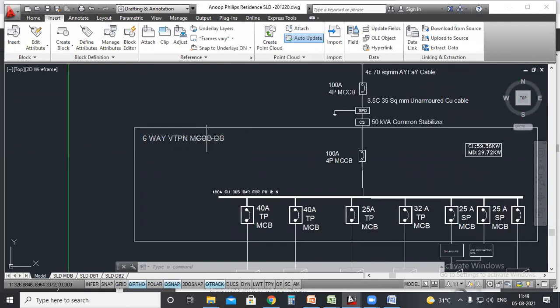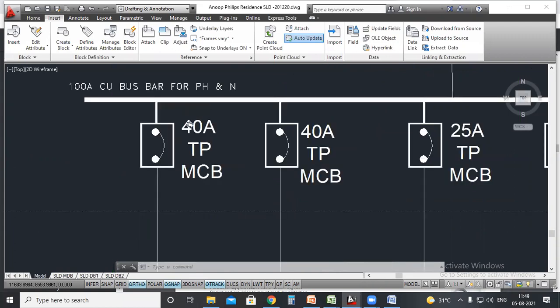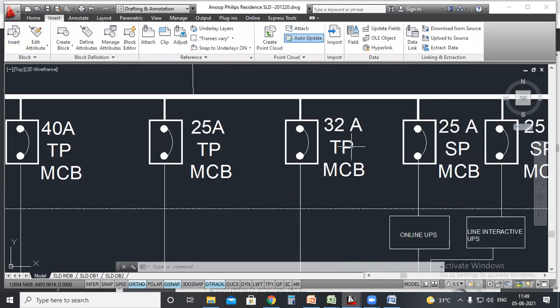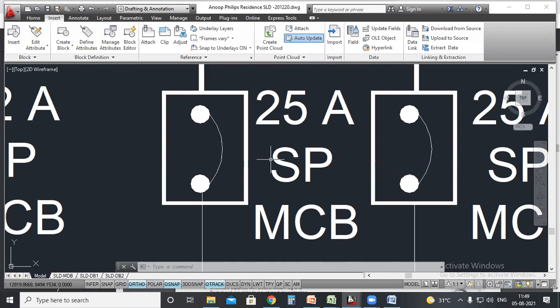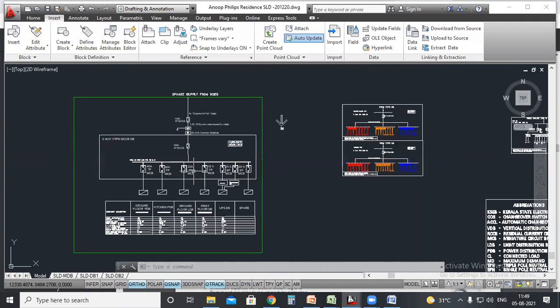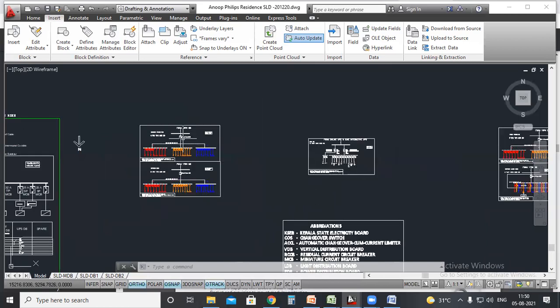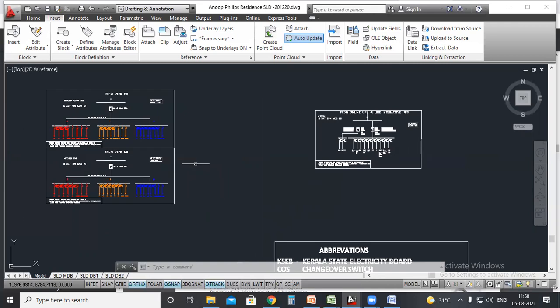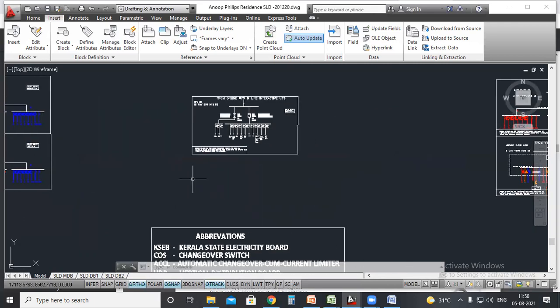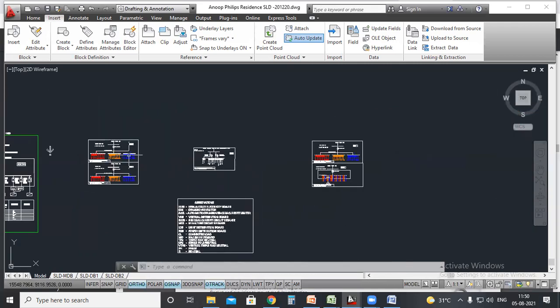Okay, so this one is the single line diagram representation for the MCCBDB. So all of them have triple pole, triple pole, triple pole. Also, you can take single pole out from the same. Okay, that is an advantage. Normally a residential building doesn't need VTP and DB, but this project had almost 4 DBs. One LDB, one PDB for normal condition, another kitchen DB, and again a first floor common DB or normal DB. So this was the requirement.